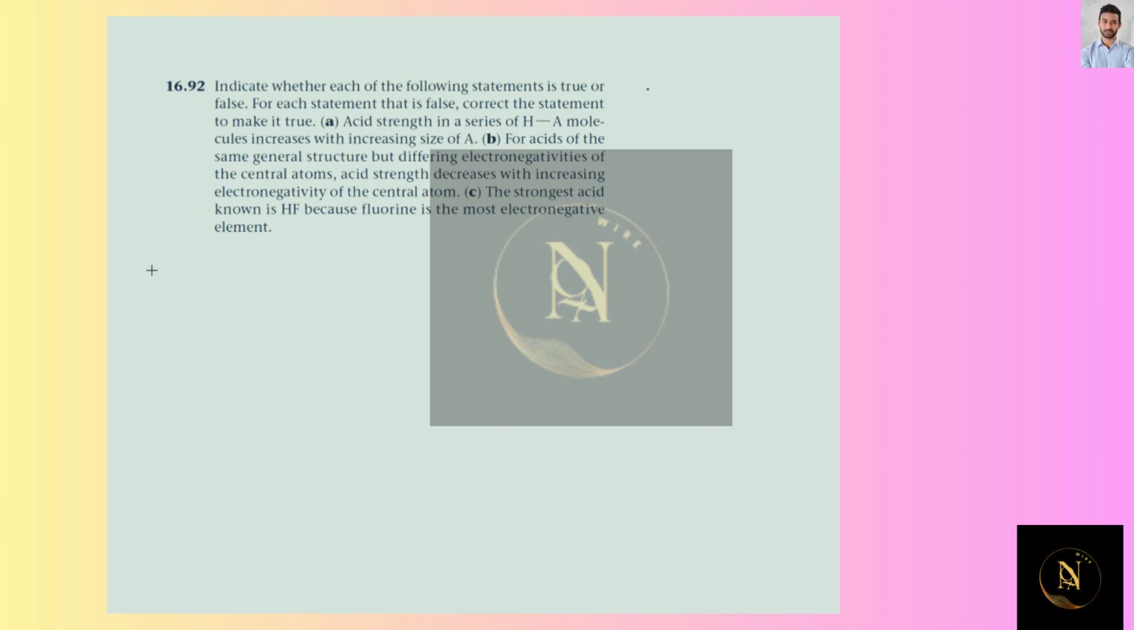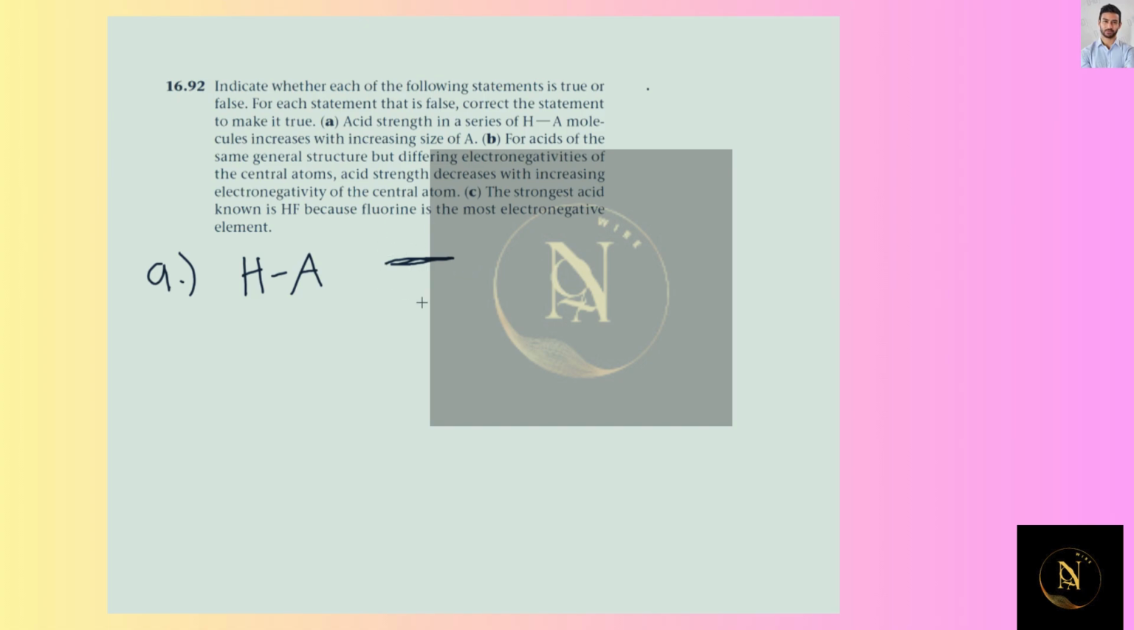So for A, it is stating acid strengths in a series of H–A molecules increase with the increasing size of A. So what it's asking is that if A increases, so does the strength of the acidity. So this is true, and the reason why this is true is because the larger the A molecule gets, the longer that bond length between hydrogen and the other molecule has to get, and so therefore the easier for that